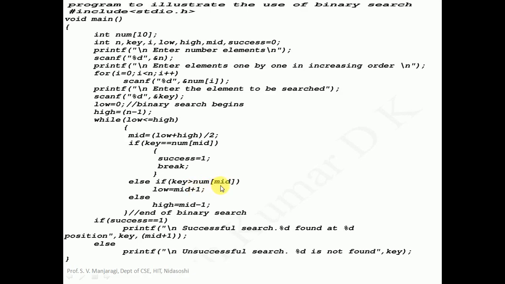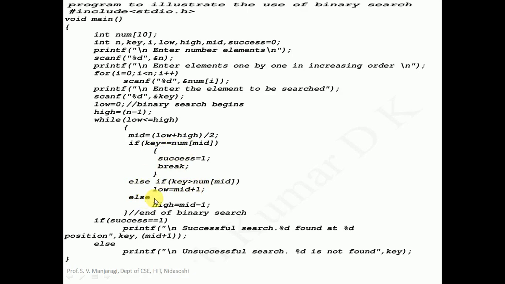If key is greater than middle element, then the first half of the array we need to discard. The second half, where actually the key may be present, in that case high will remain same and low will become mid plus 1. The second half will begin from mid plus 1 up to high, hence low we need to make it as mid plus 1 again, and we repeat here. We calculate mid as low plus high divided by 2 and compare key with middle element, and we repeat. If key doesn't match with middle element, we come here, check whether key is greater than middle element. Even this is false, then key must be smaller than middle element.